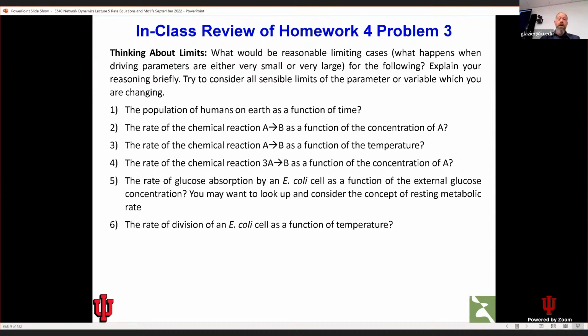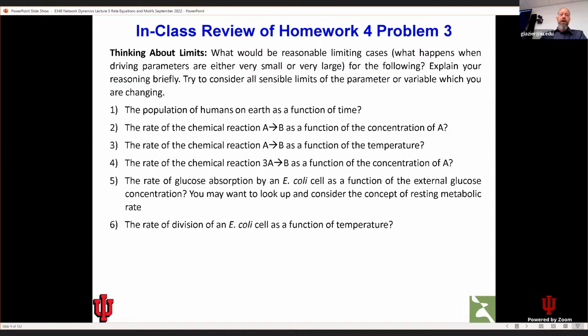Right. In general, if all we know is that A goes to B, then each reaction is independent of every other reaction. And so the rate should be linear in the concentration of A. In reality, at some point, if we keep adding A to a solution, A will start interfering with itself. And so if the concentration of A gets to be enormous, the rate of reaction probably has to be less than we predict. But with that arrow by itself, we'd expect fundamentally a linear relation, as you outlined. Okay,